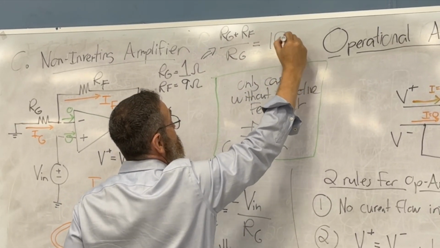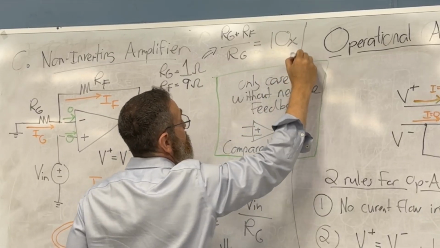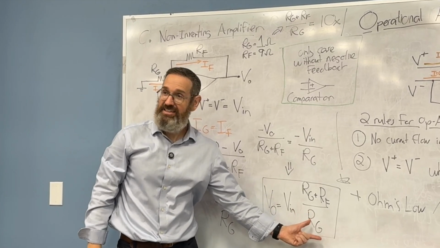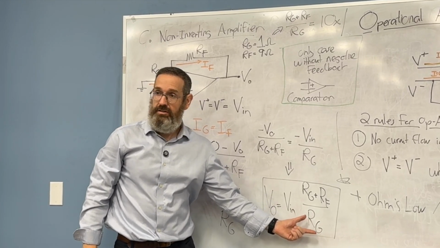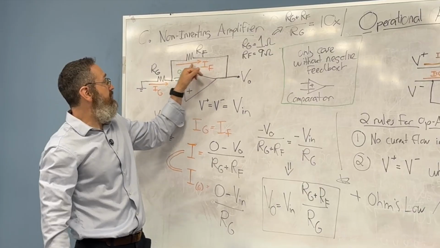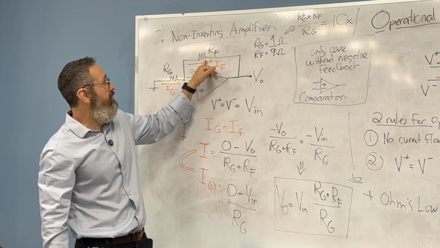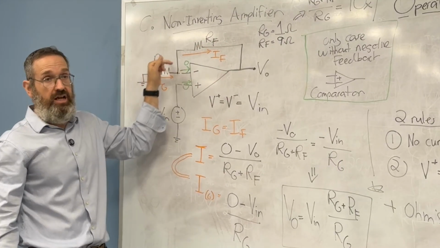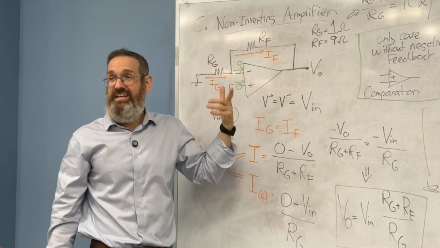And I'm going to put an X on this. A 10X. This is 10X. So by selecting a 9 ohm here and a 1 ohm here, I've created a non-inverting amplifier with a 10X